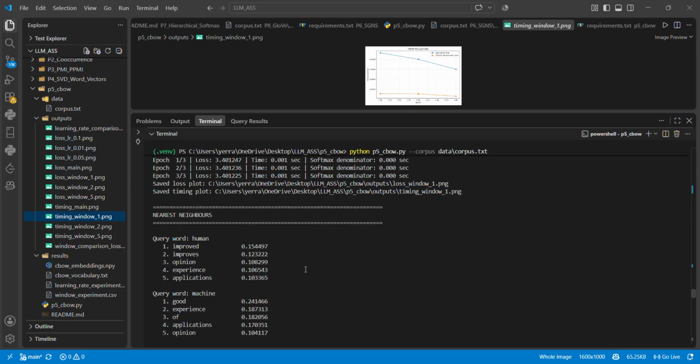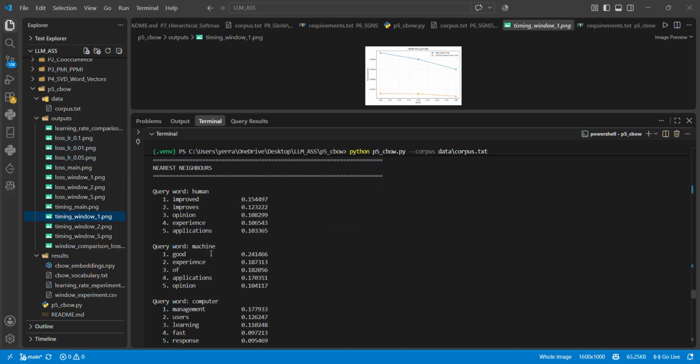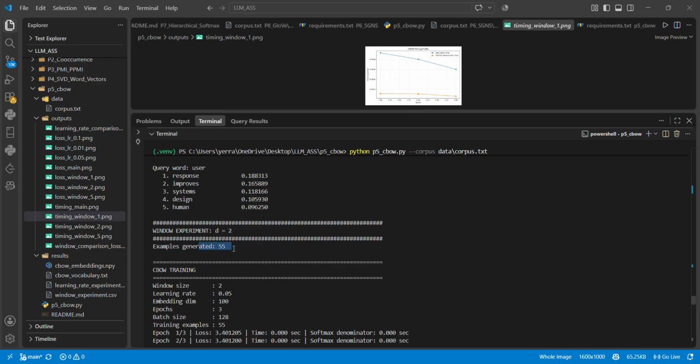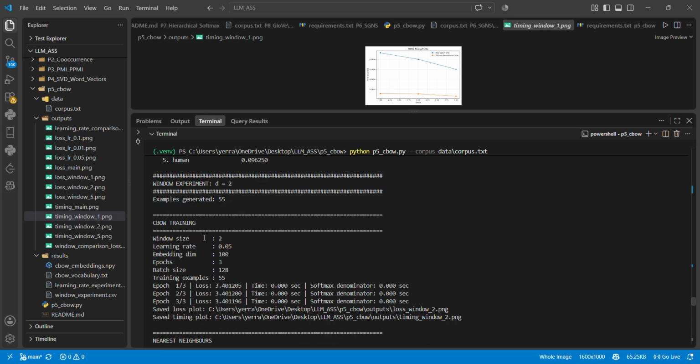Okay. Likewise, I take the neighbors for all of these, like human, machine, system. Now I go to d value 2 and our generator is 55. For that, window size is 2, learning rate is 0.05, and embedding is 100 because it's NLP. Hidden size is 3, batch size is 128, and training size. You can see all this in